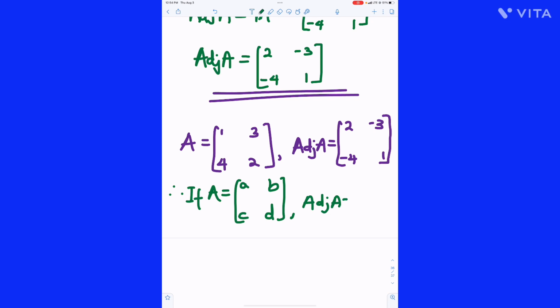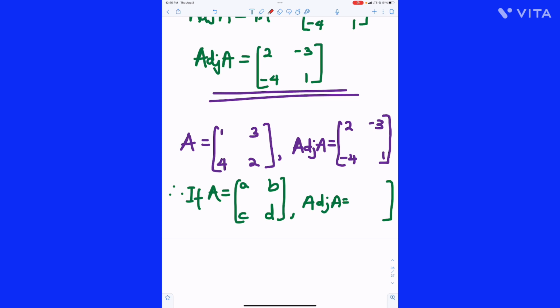It therefore means that the adjoint of A will be the matrix what? You will notice that all that we have done is just to bring 2 and put it in the place of 1, swap 2 and 1. You understand? It's just to exchange the elements in this diagonal. Bring 2 to the position of 1 and take 1 to the position of 2. Exchange these elements